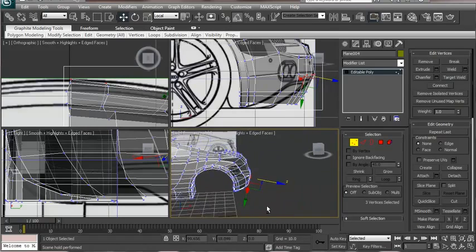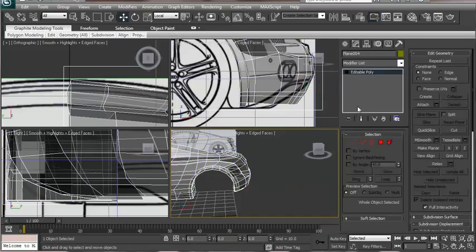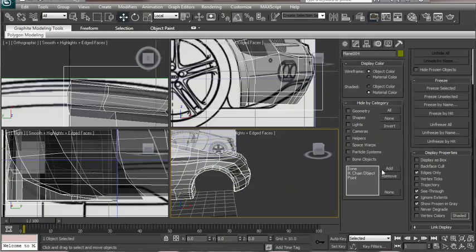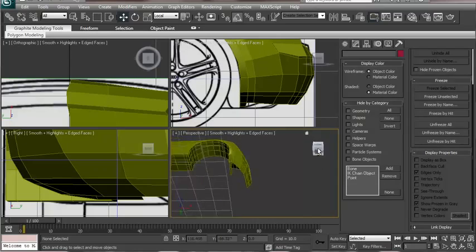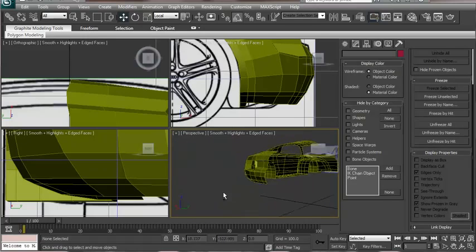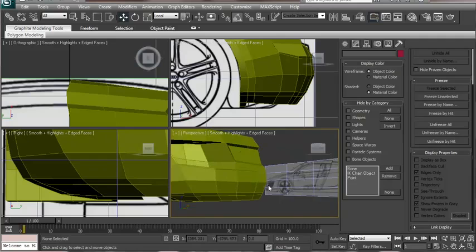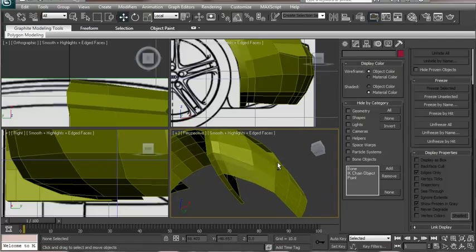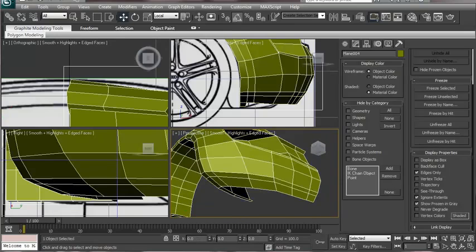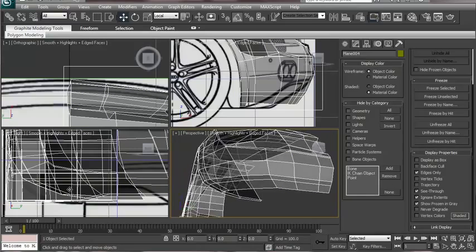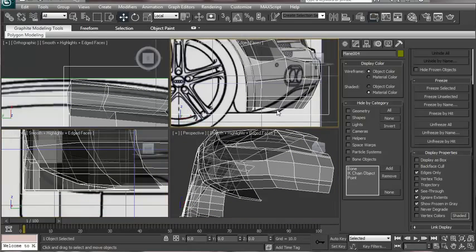So now you can see that we have also completed the back bumpers, except for some little tweakings which we'll be doing right now. Now let's activate the see-through mode again, and what we can do now is